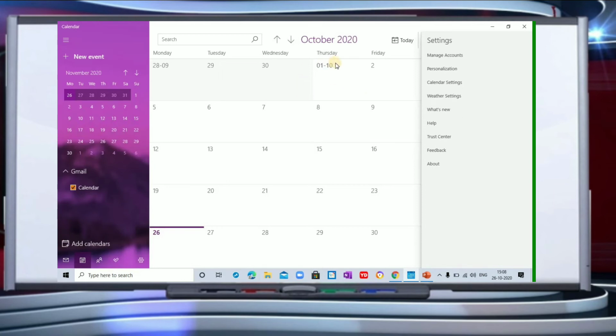If I have some personal appointments and some official appointments, I can use one color for my personal appointments and a different color for official appointments, so that it is very easy for me to find out in the calendar which are my personal and which are my official appointments.